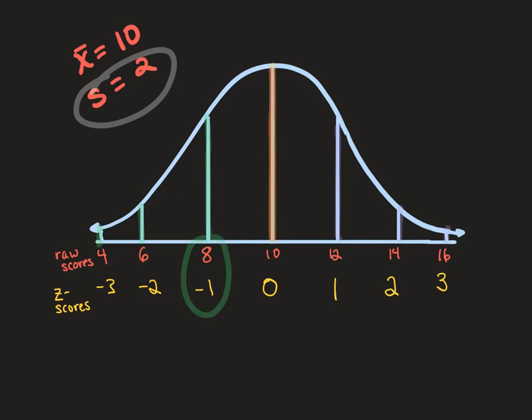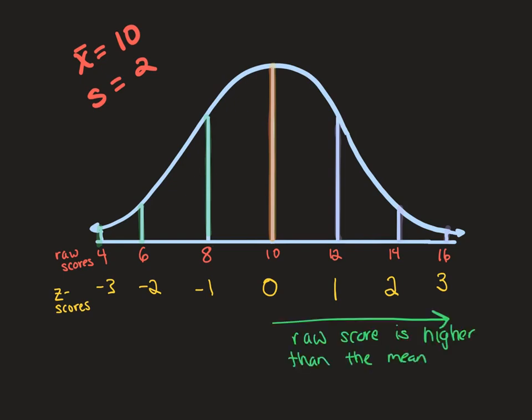So a raw score of 8 corresponds to a z-score of -1, which means 1 standard deviation below the mean. A raw score of 6 corresponds to a z-score of -2 because 6 is 2 standard deviations below the mean, and a raw score of 4 corresponds to a z-score of -3 because it's 3 standard deviations below the mean. Therefore, z-scores simply tell us how many standard deviations above or below the mean each raw